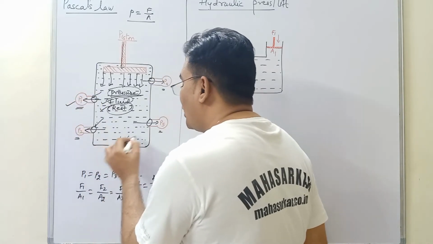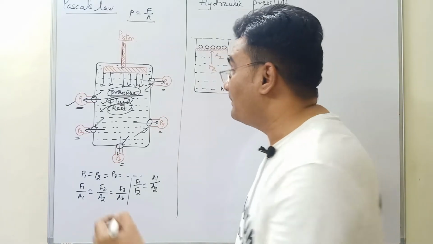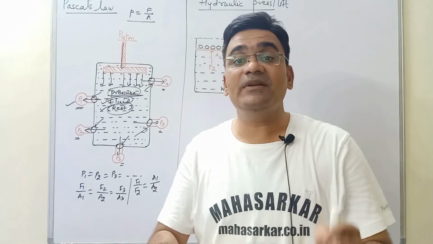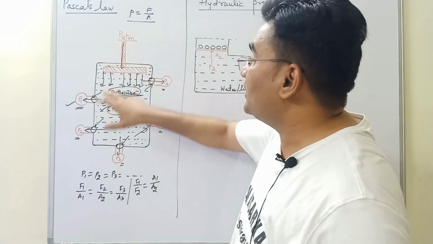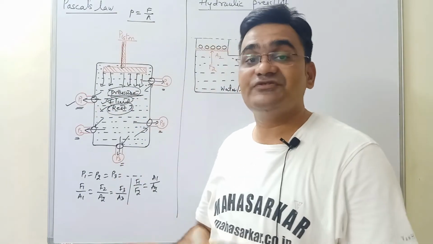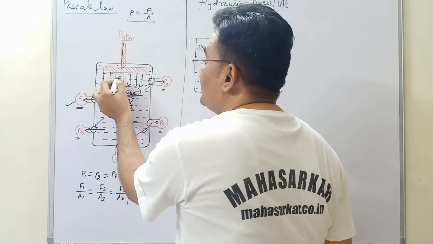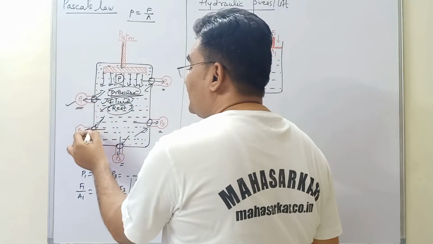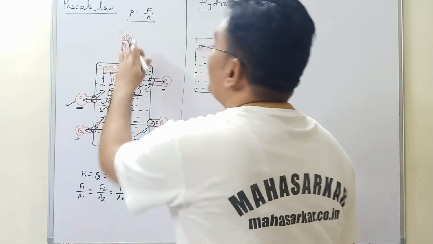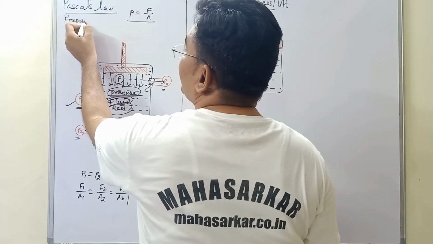It is transmitted in all parts of the fluid, but while transmitting it is transmitted equally and undiminished. Undiminished means the total pressure at all these points is equal to the applied pressure. So the same pressure is transmitted through all the parts. If this is pressure P, then here also P, here also P, here also P, like that we can say. So if I want to state the statement of Pascal's law, I can say: pressure applied